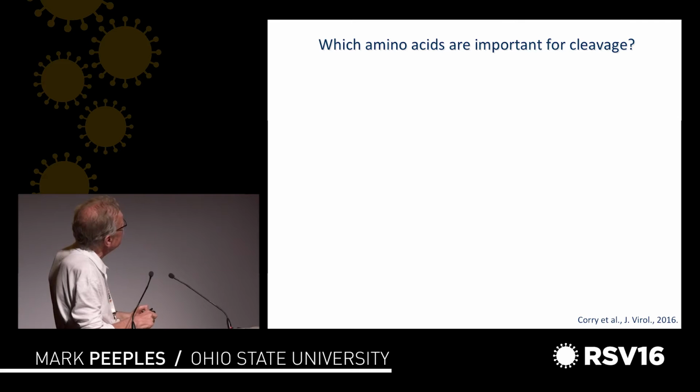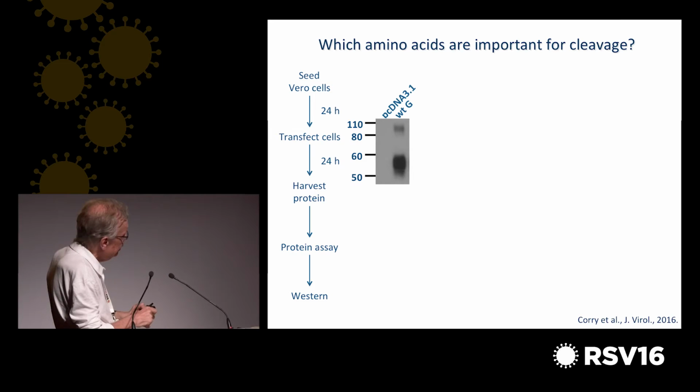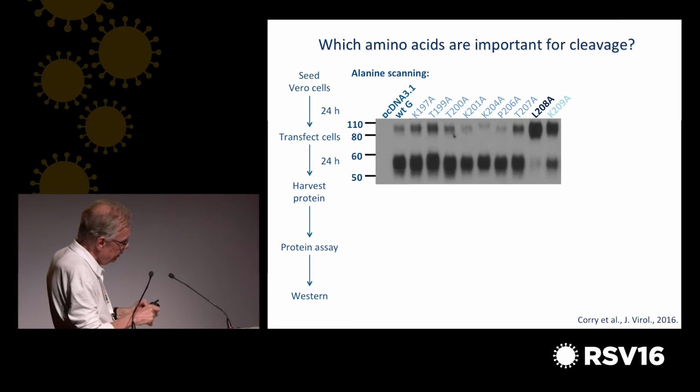So which amino acids are important for cleavage? We made a series of alanine scanning mutations and compared them to the wild type. So here's the wild type, grown in Vero. It's got a small amount of the large and a lot of the small. So when we scanned, we estimated it was somewhere around 210. We scanned up to this point, no difference in that cleavage pattern, but there were 2 mutations here